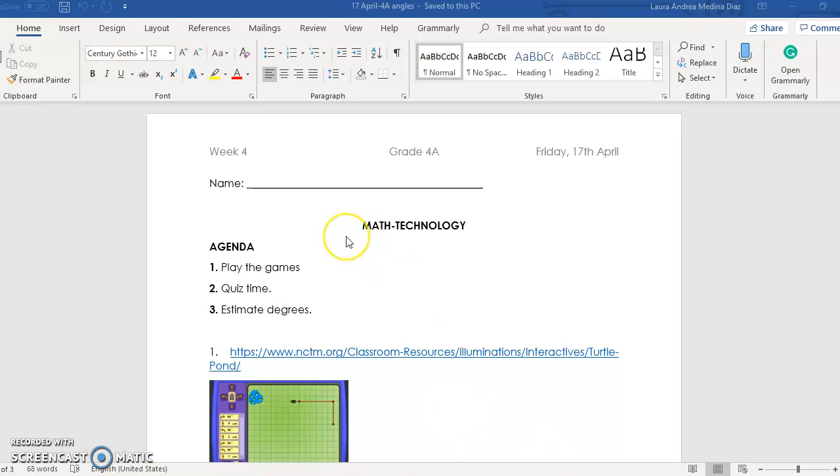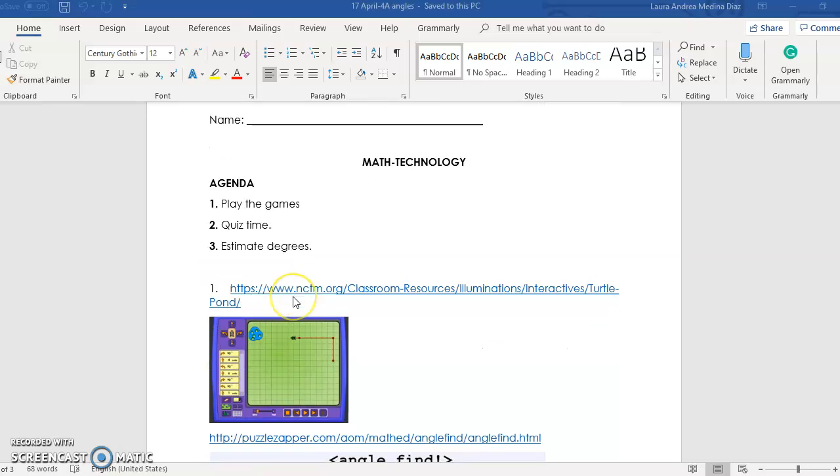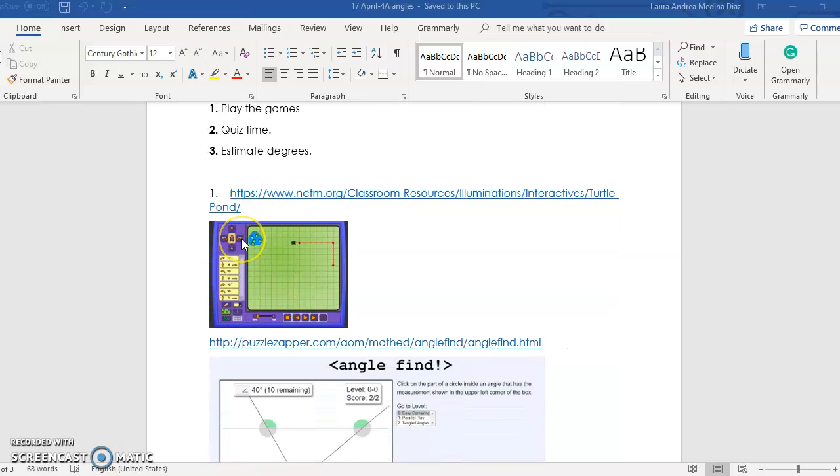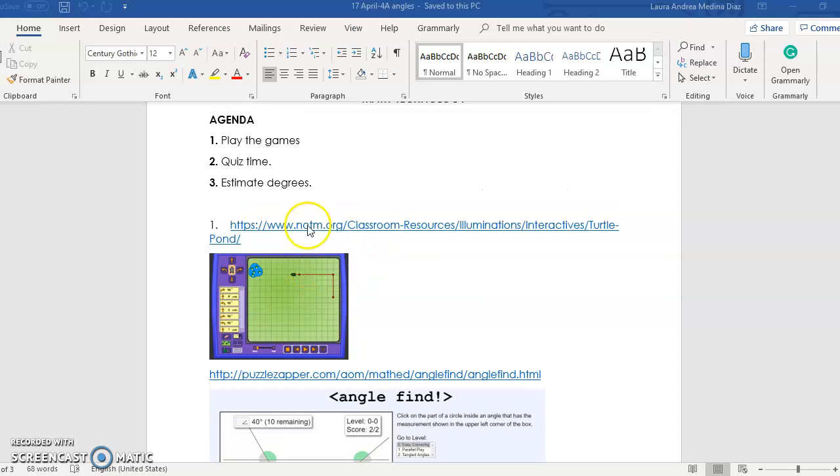We have 3 points in math technology. The first one is to play two games. I know that sometimes you have some problems clicking in the link, so today I'm going to show you 2 ways to go. The first one that you already know, it's by clicking, you just